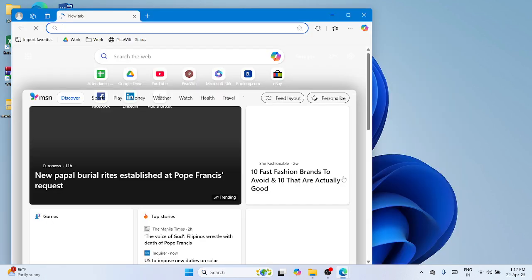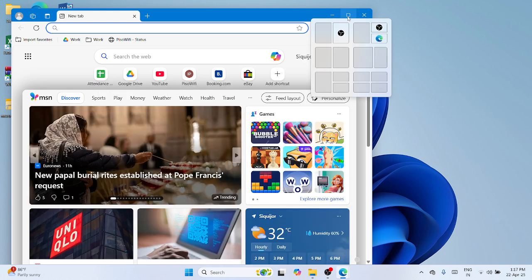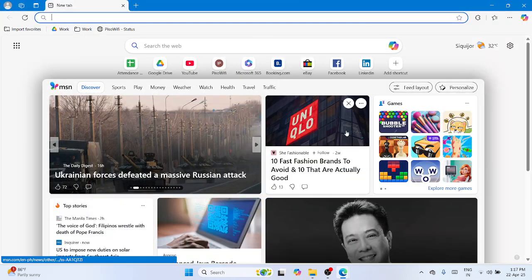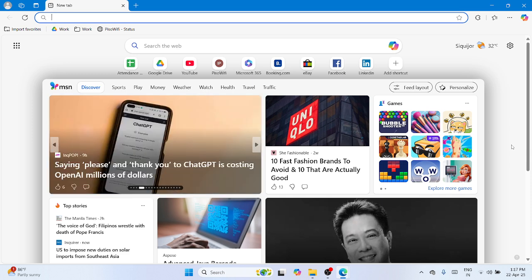Once you have brought up the Microsoft Edge browser, please proceed with the upper right side of that. You can see a box there. Click on it to maximize that. And once you have set it into full screen mode, you need to navigate to the upper right side again,